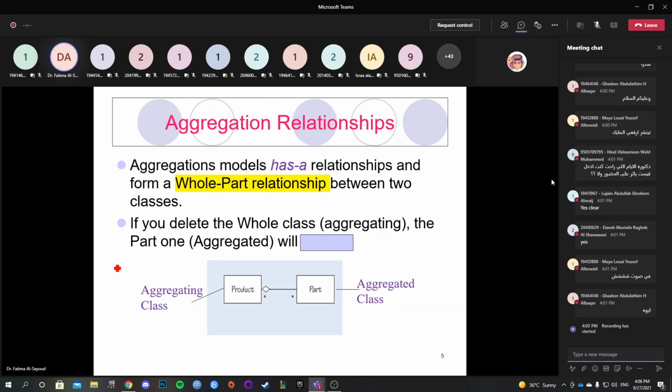So what's aggregation? We said the first type is aggregation with composition, right? Which is the has-a. So what is the aggregation model? Aggregation is when you have a whole and parts relationship between two classes. Can you think about an example? So, for example, we can have a product,